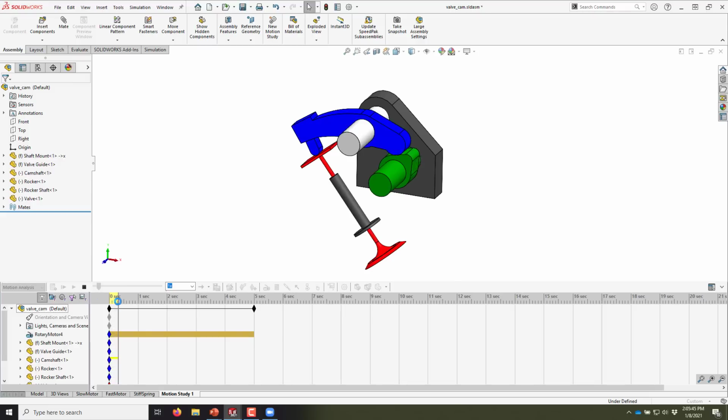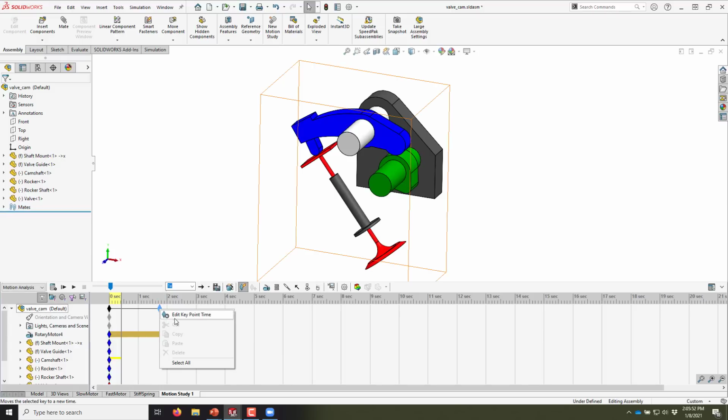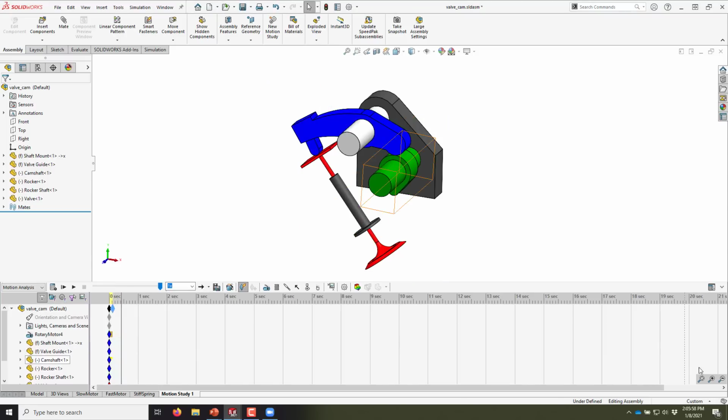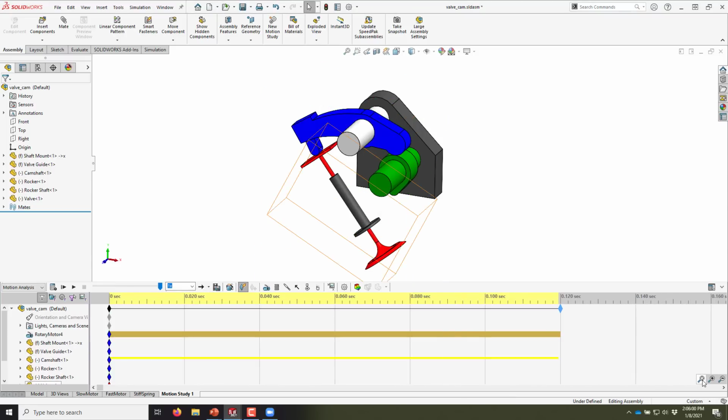But now look how long I'm having to wait for it to run that whole 5 seconds. I don't like that. Let me go ahead and stop. I'm going to scale this back, or edit it. I'm going to edit the key point time and make it 0.12 seconds. Okay, and now if I do a zoom to fit down here, and hit calculate,